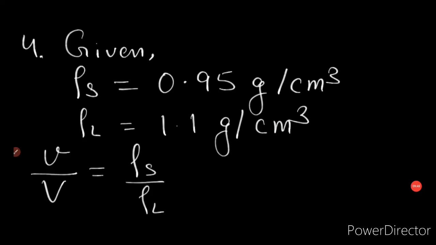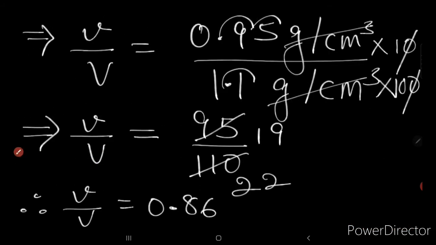So coming to the solution of number 4, the things given to us are rho s, that is the density of the solid, and rho L, that is the density of the liquid. Using the formula small v upon capital V equals rho s upon rho L, we can get the fraction, that is small v upon capital V. I have just replaced the value of rho s, that is 0.95, and rho L, that is 1.1, and then doing normal calculations, cancelling the units,